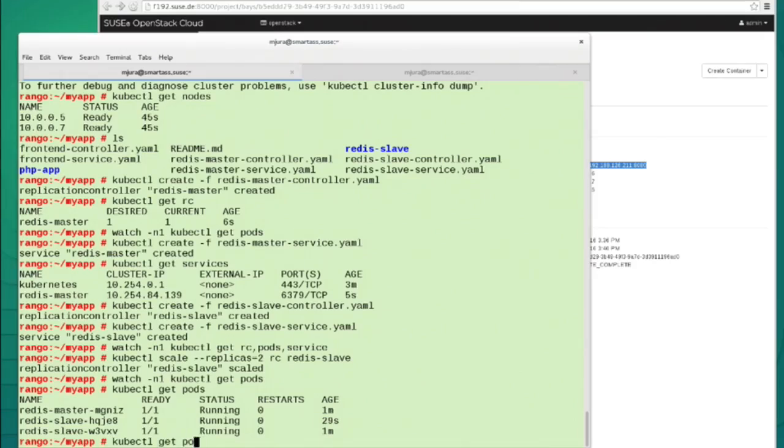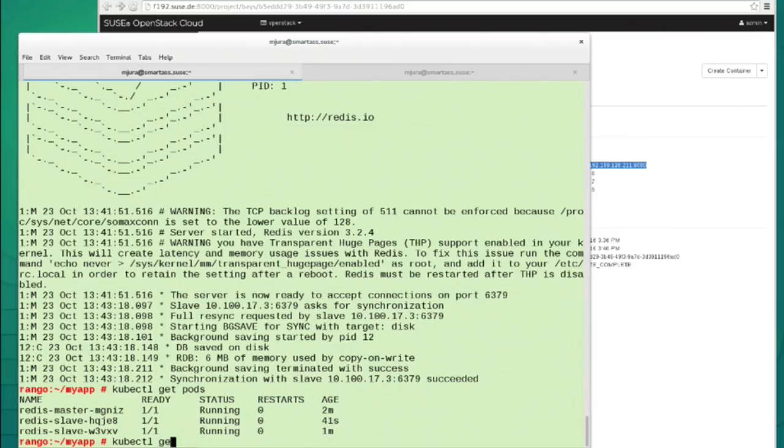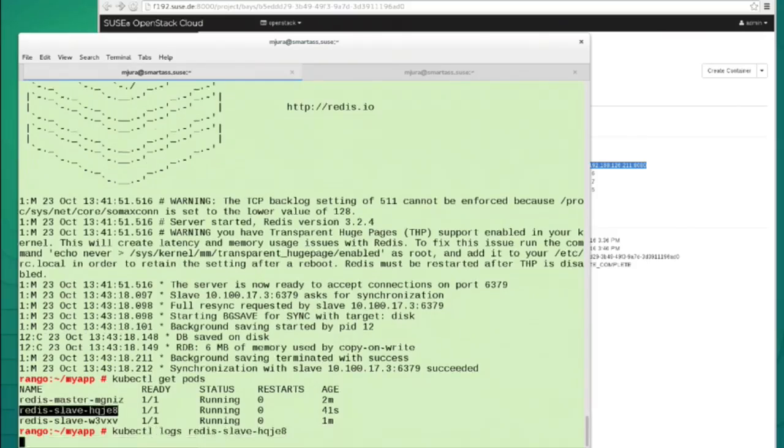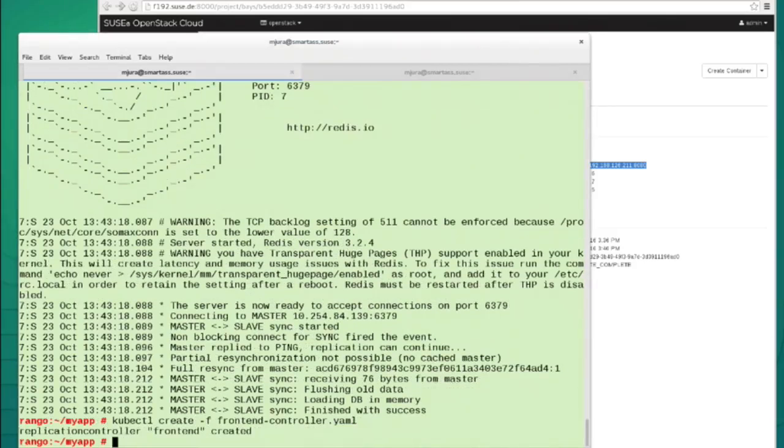Now all the pods are running, so we can get, for example, the logs of the master. The really nice thing is that you do that straight from your laptop. You don't have to figure out where the container is running, SSH into the virtual machine, and then get the logs. Everything is straight from your laptop. You can do the very same thing, for example, to find yourself inside a running container to do debugging, like doing an SSH. It looks like that, okay?